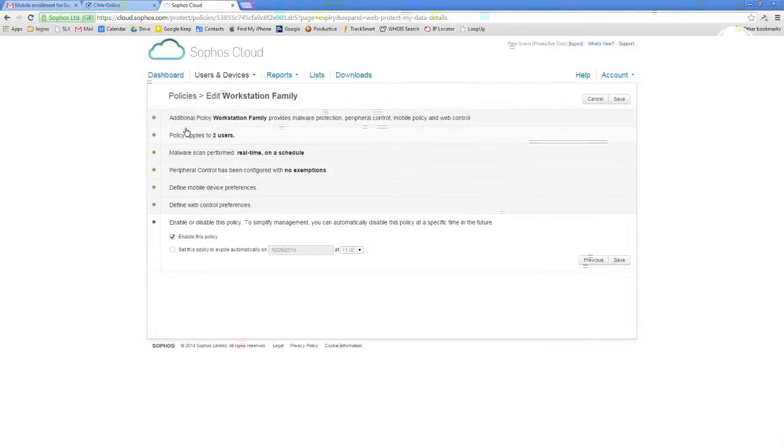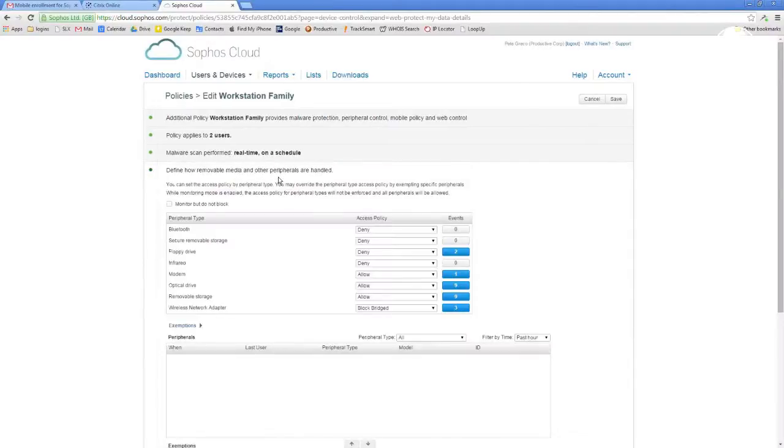The next thing that I saw that I really dug, and I haven't seen this in any cloud-managed products, was the actual capability to do device control while managing it from the cloud. And device control isn't brand new, but if you look at any of the cloud competitors out there, all they're really doing is a base level AV and maybe an intrusion prevention. And so to have some of the additional features, and to me, the peripheral control is really the next bastion that is going to become the base level, right?